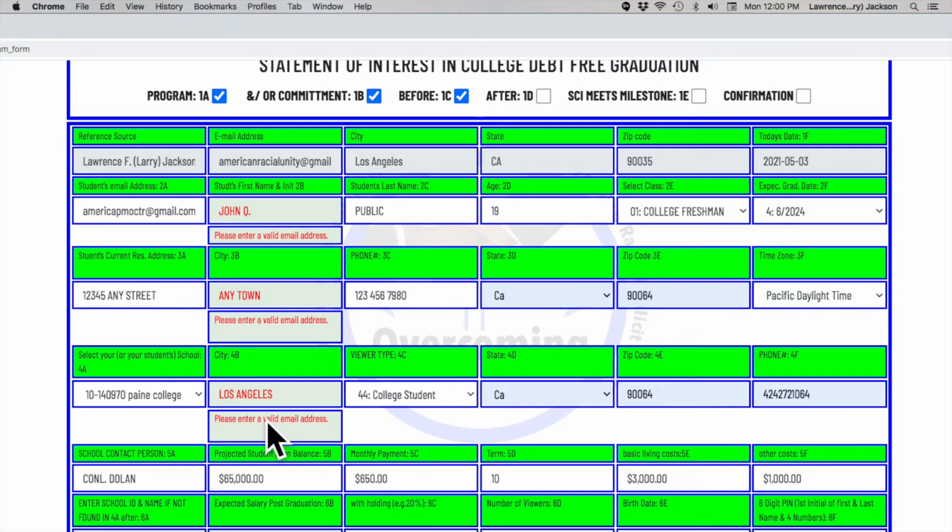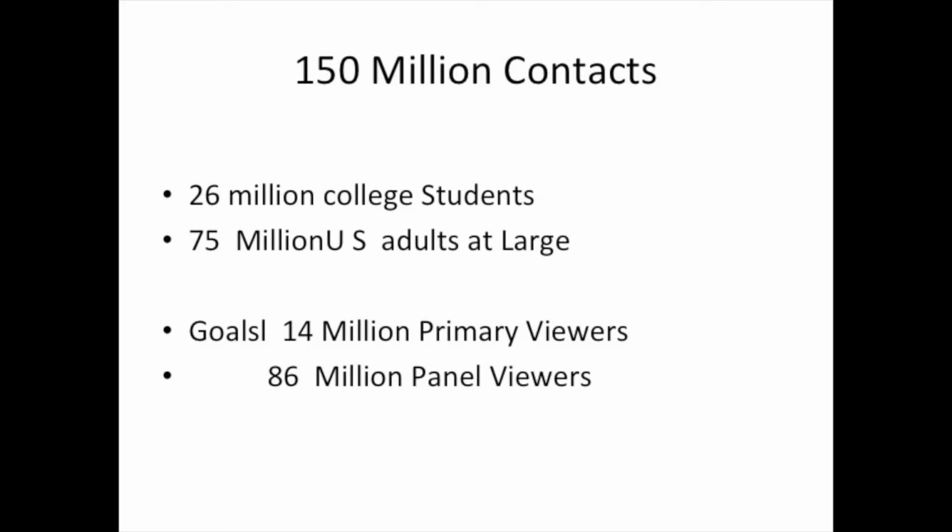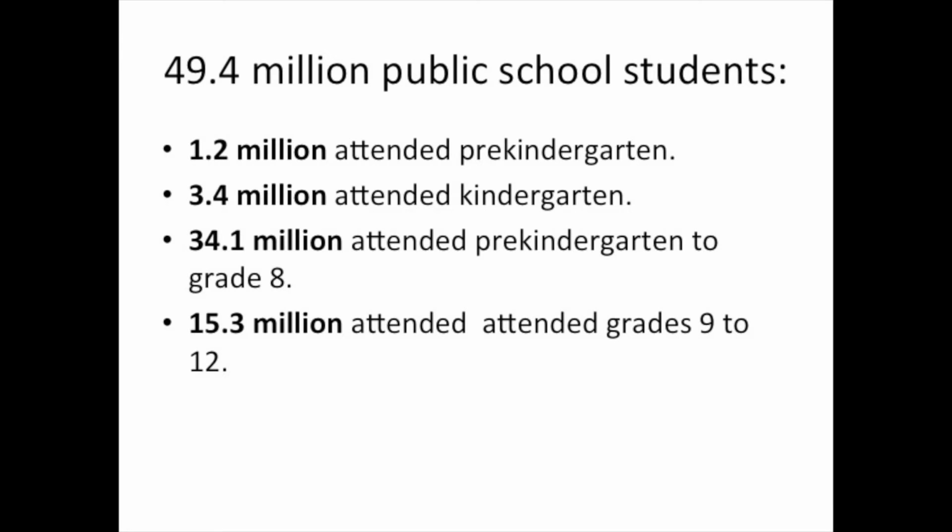As such, the first overall effort of this survey does not guarantee the award of the indicated college debt-free graduation awards unless and until Shade CI reaches its targeted audience levels. Having said that, because of the large numbers of students with high student loan debt or potential high amounts of student loan debt, our efforts to connect 150 million college students, parents of high school and grammar school students, including